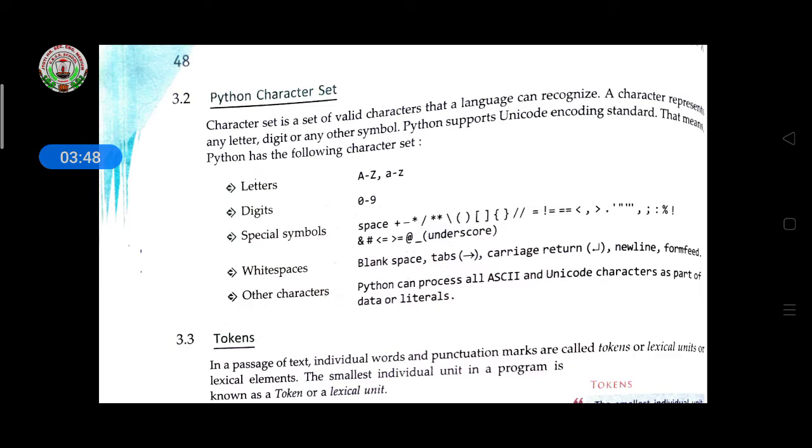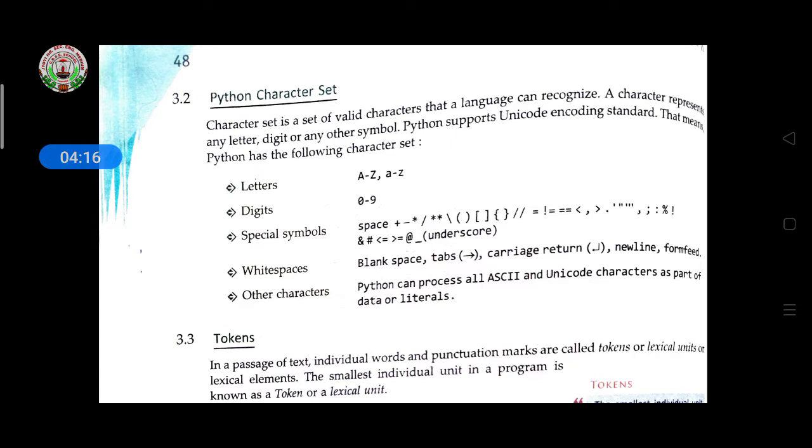Then white space means you are giving blank space by pressing the space bar. Then tab, you are using the tab key. Then carriage return, meaning the enter key. New line, form feed. These are the different white spaces. With the help of these white spaces you are able to write the program.